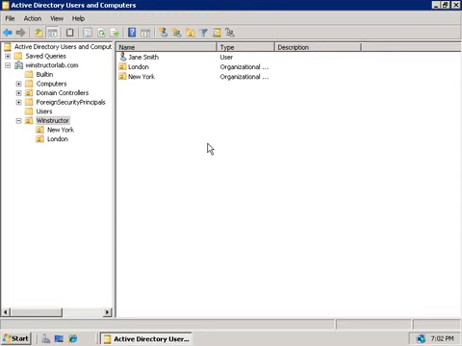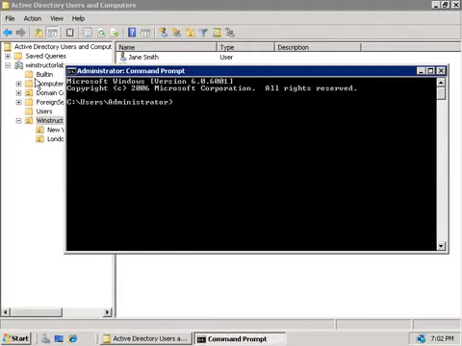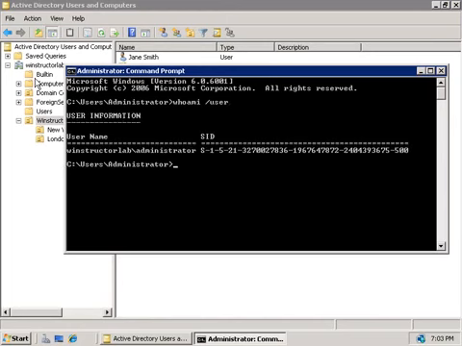So Jane's now free to log in using the password we supplied, and she'll be asked to change that password when she first logs on. Now, we're free to create as many user accounts as we like, with the only condition being that each account must have a unique name. And speaking of names, although you and I see Jane Smith here for this account, behind the scenes, Windows sees something different. So if we click on Start and open up a command prompt, and we'll type in "whoami" with a /user switch,